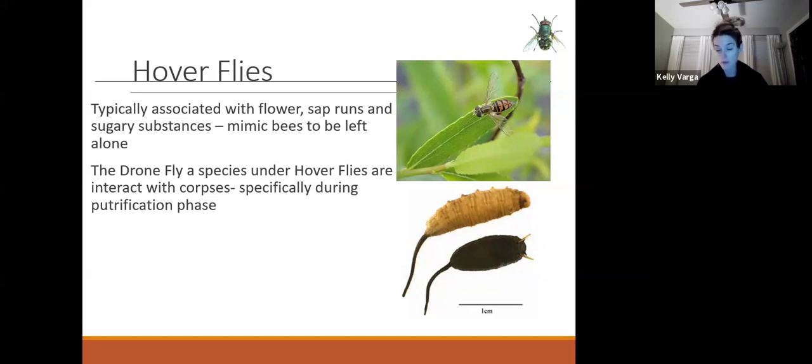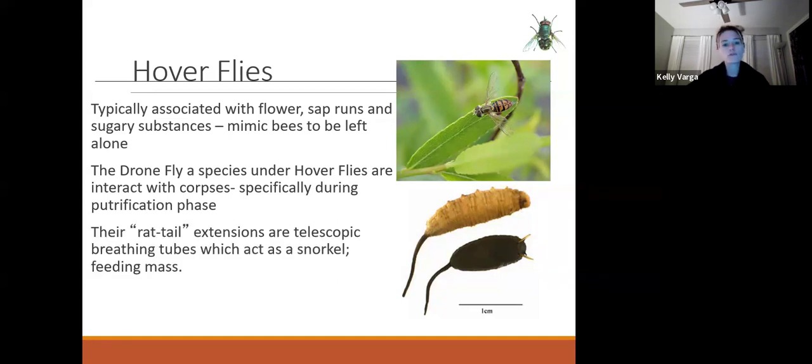This is why we have put them into this classification, specifically during the phase of putrefaction. So again, now we're in a different phasing of our entomological study of succession, right? And the reason that our drone flies are really good at being involved with putrefaction, again, liquidy, kind of gross things breaking down, as the name implies, the drone fly can actually get into the putrefaction of the body